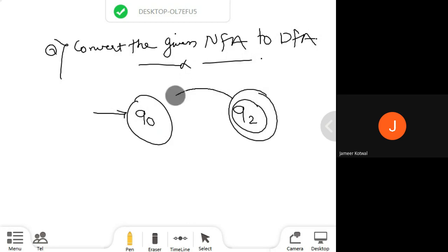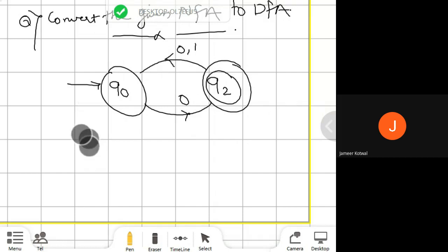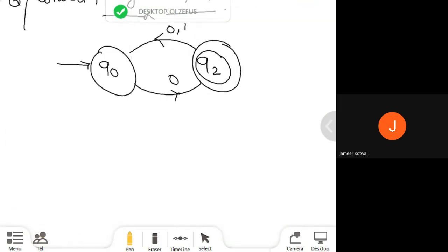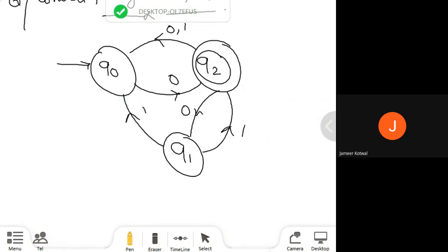So from Q2, by processing 0 and 1, I reach Q0. By processing 0, I reach Q2. Next, the Q1 state: 0, 1, 1. Okay, so this will be the NFA.